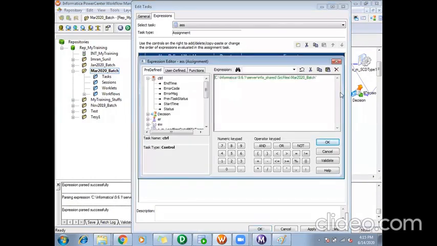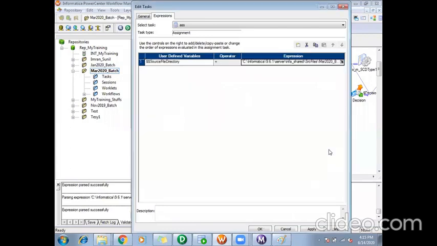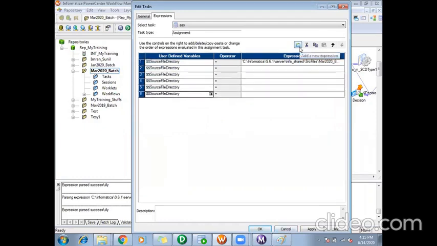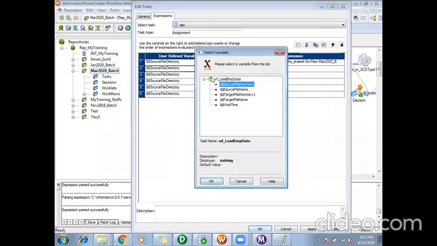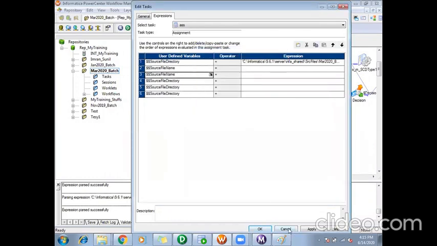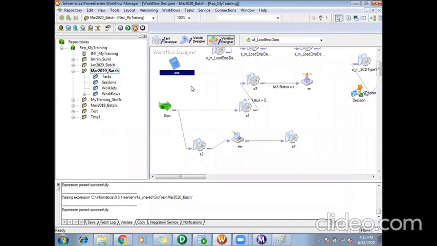It's again kind of hard coding. So instead of sending from a parameter file, if you want to assign some values within your workflow, you can use the assignment task. You can assign a static value, and this value will be stored in this variable, and this variable you can use in your workflow or in the mapping. As many assignments as you want, you can do it. In each of them, you can select your respective workflow variable and assign the values. That is your assignment task.